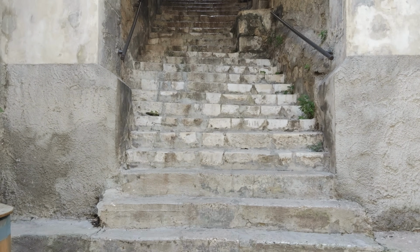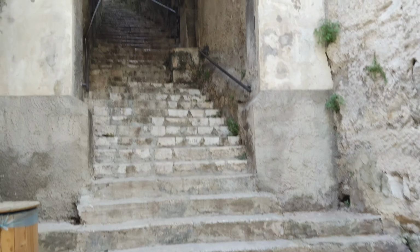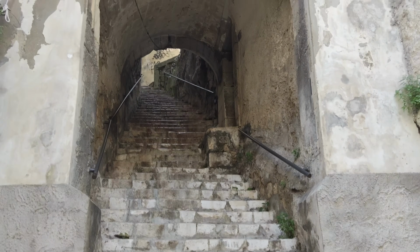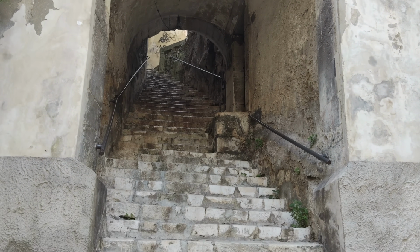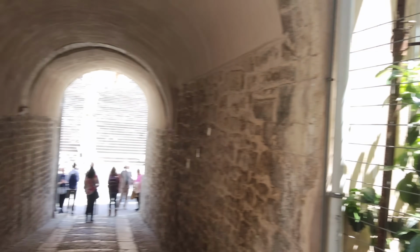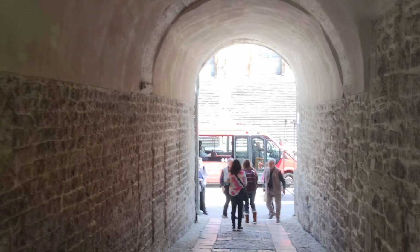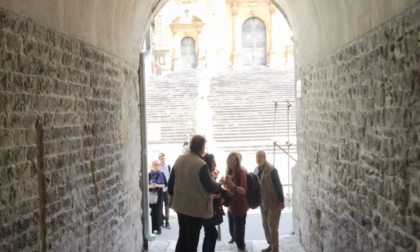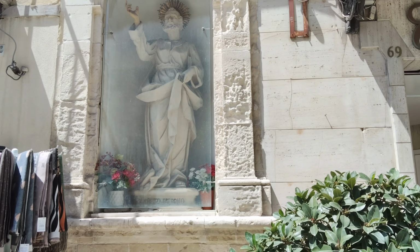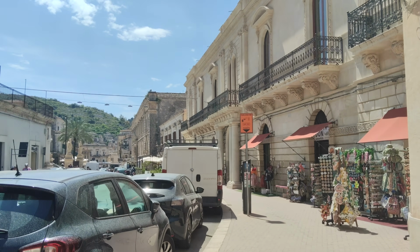Some set of stairs. These stairs right here lead up top and to what was once the Jewish headquarters, because until 1492 the Jews lived here. And then Isabella, Spanish queen, told everyone to either convert or get out of town. Here's San Pietro. When you come here to Modica Bassa,